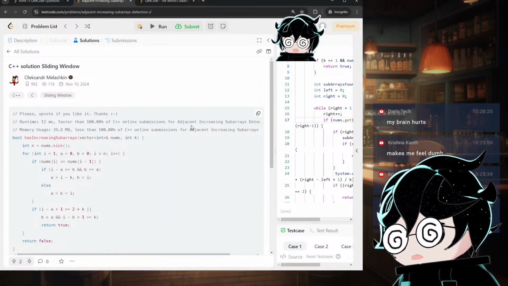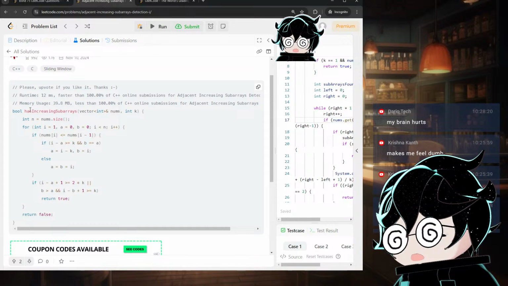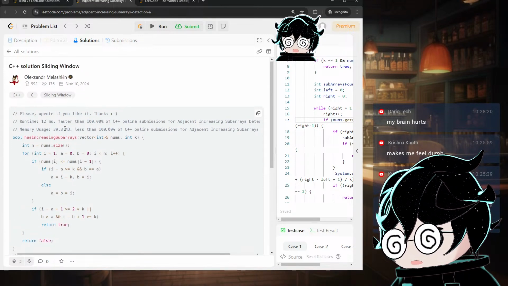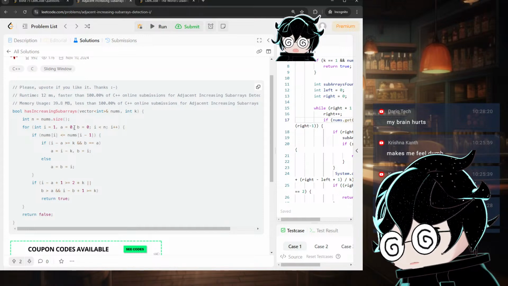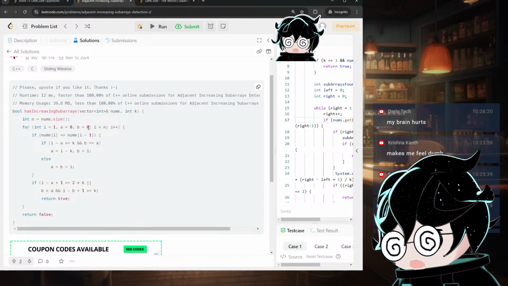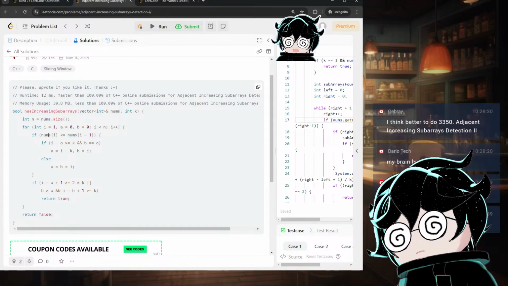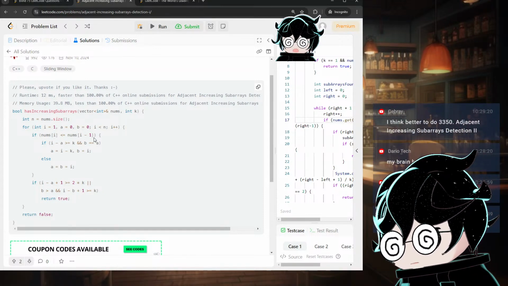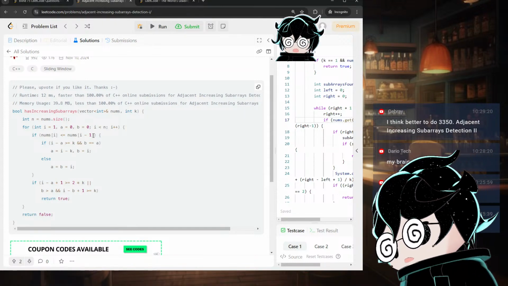Okay, what do they do here? i is equal to 1. What is A and what is B? Oh, okay, I imagine that's left, right, maybe? Okay. If nums[i] is less than or equal to nums[i minus 1], okay, if it's greater than the previous,